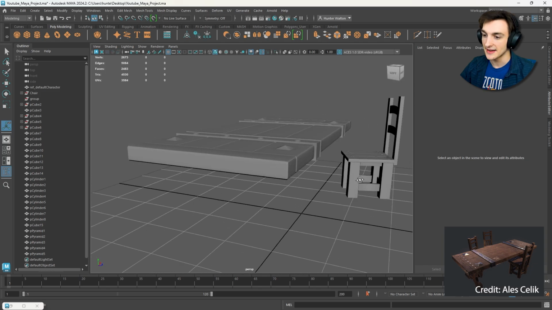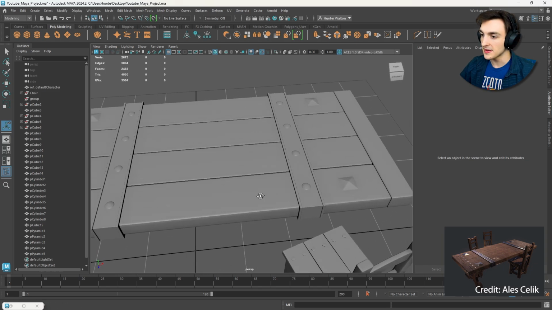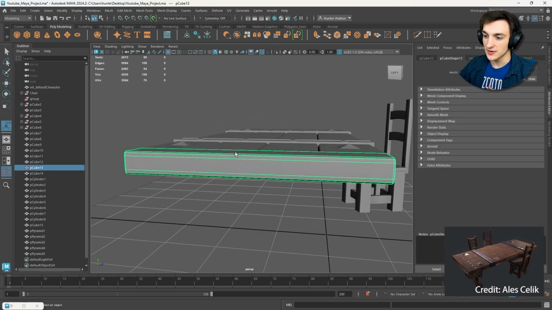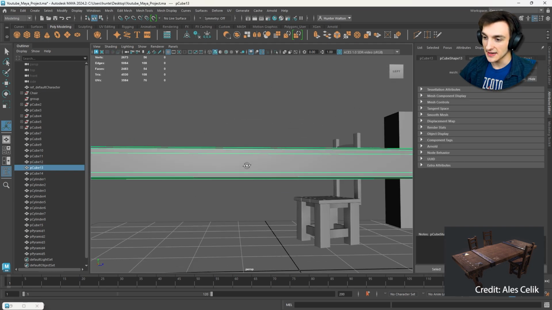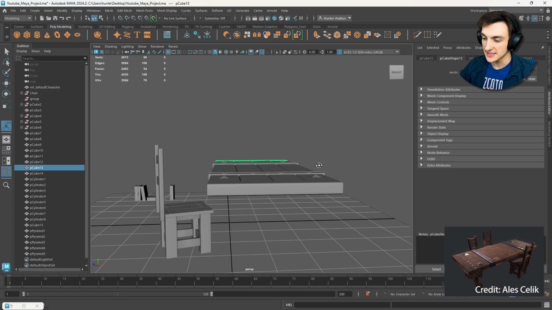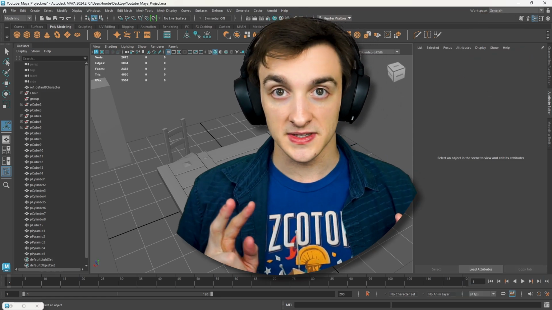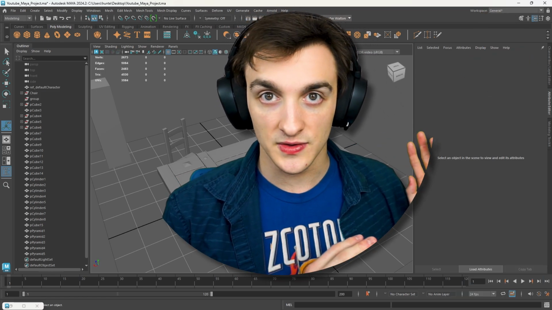What I want you to do is I want you to figure out some sort of a detail you could add into this table. That could be like some more rivets or something on the sides. That could be maybe like some sort of a little design that you put on the side of this square here on each side of the table. Do something there, or if you'd rather, try and make another furniture piece to go in your dungeon. Do one of those 2 things to reinforce these skills, reference back to the video if you need any help,